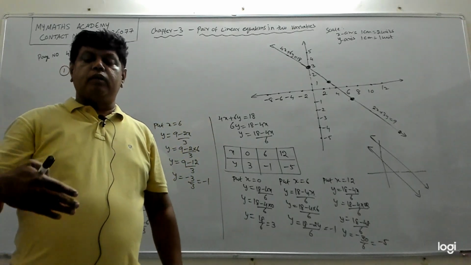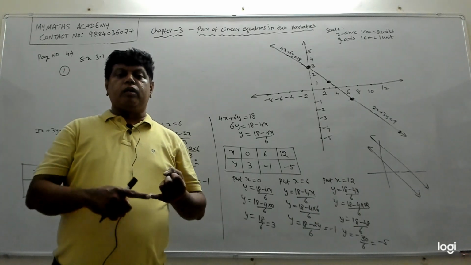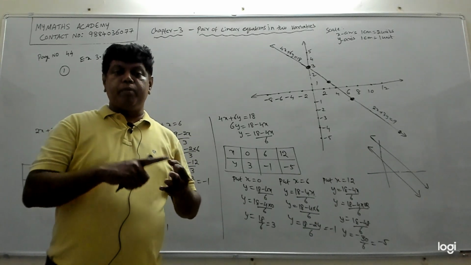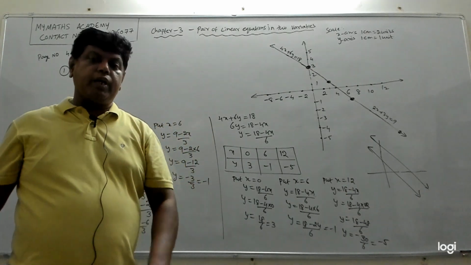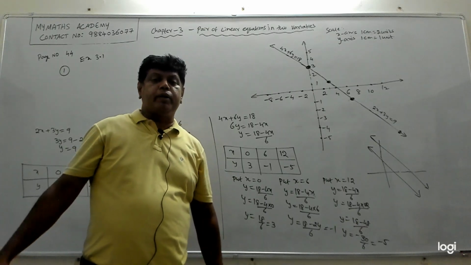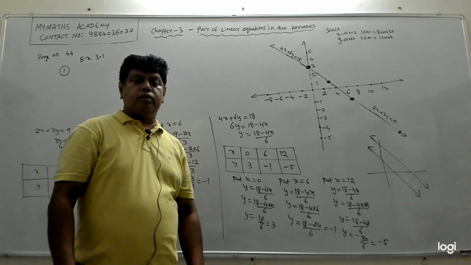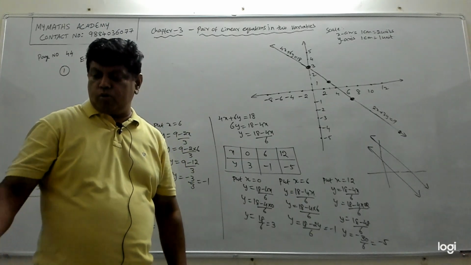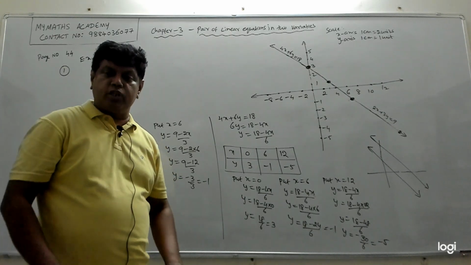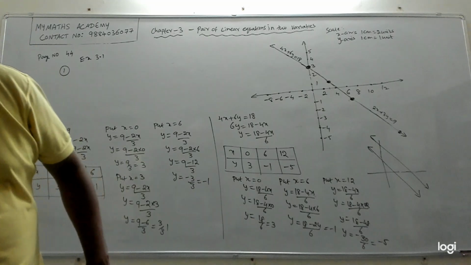So we have multiple different methods to solve. We have graphical method, we have substitution method, we have elimination method, we have cross multiplication method. So these 4 methods we will be studying in the coming exercises in this chapter. So that is to solve the linear equations in 2 variables. So here till exercise 3.3 we are going to get this represented algebraically and graphically. So let's do the first sum.